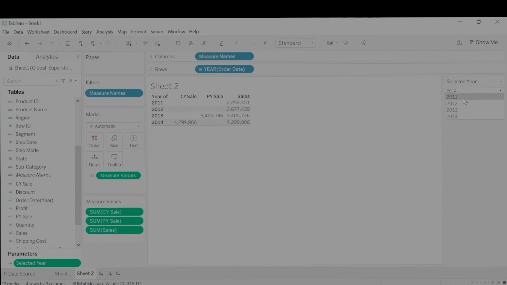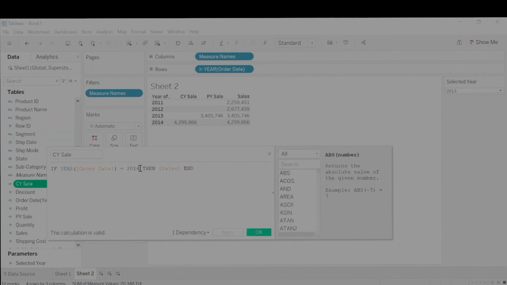So the users can easily select different years instead of just entering different years or guessing what year is available in our dataset. Now, if I click on any year here, 2012 or any year, you can see that nothing is applied to the table that we have created. If I choose 2013, nothing changes here. The reason is that we haven't completed this process. So what we need to do is go back to our current sales calculated field